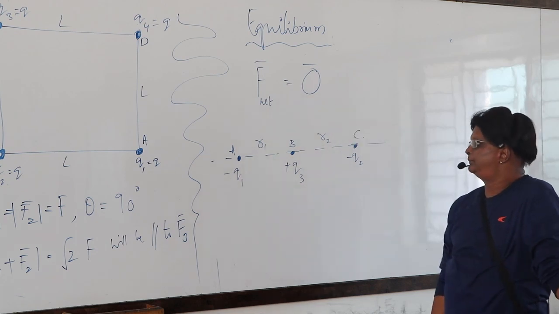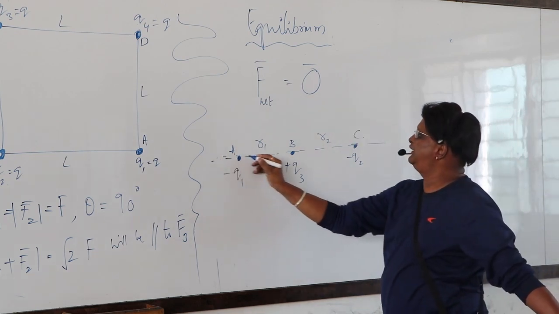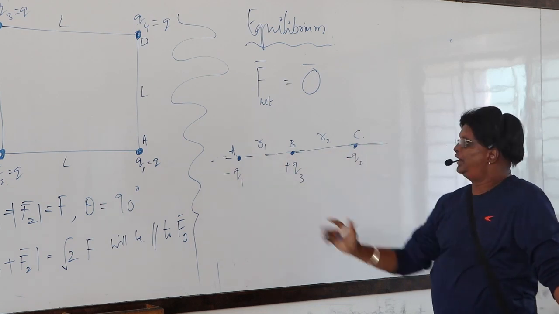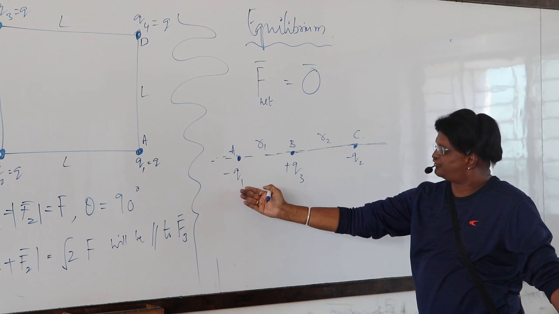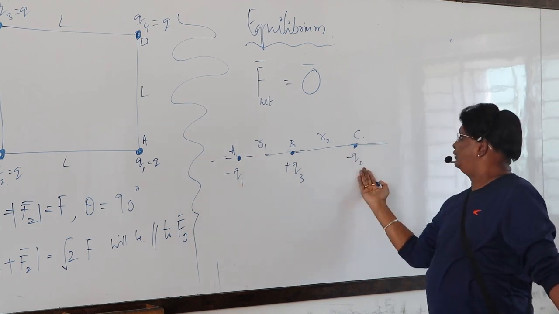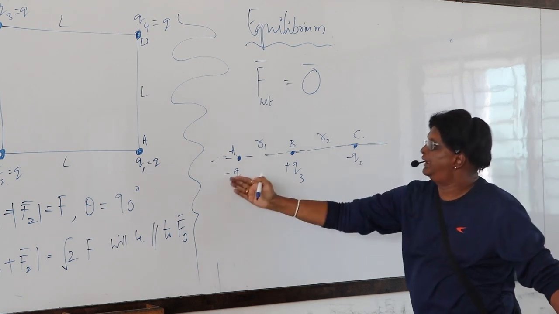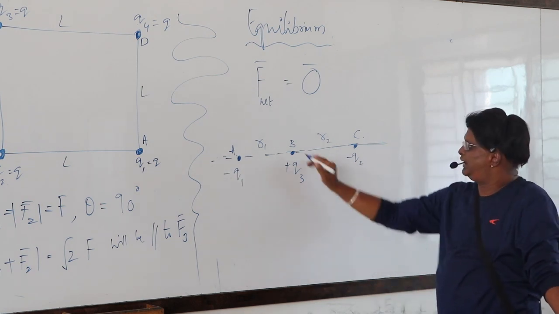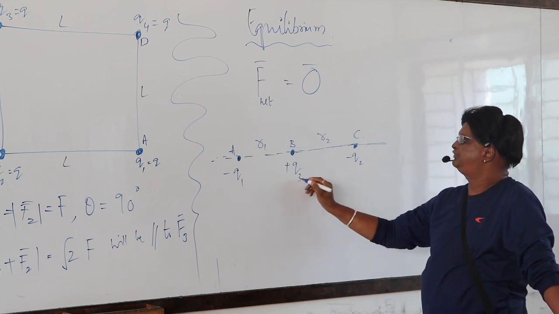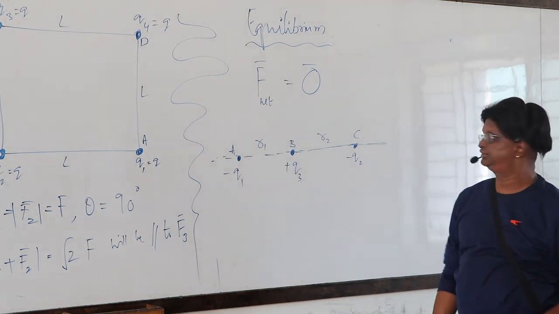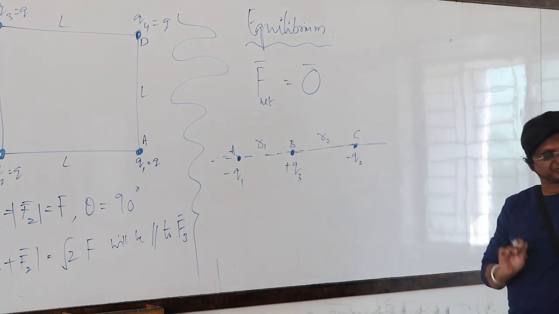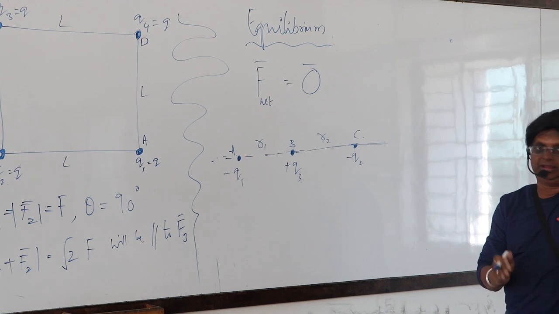And I have shown one example. I have taken a system of collinear charges. You can find here A, B, C, at which I have placed three charges. A and C I call extreme charges. Q1 and Q2 are both like charges, which I have shown as negative, and in between, at B, I have shown another charge Q3, which I have taken as an unlike charge. Now in this case, I will show one or two cases of equilibrium.